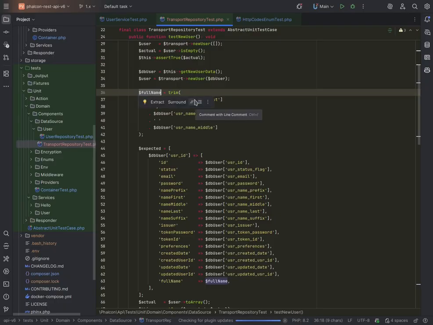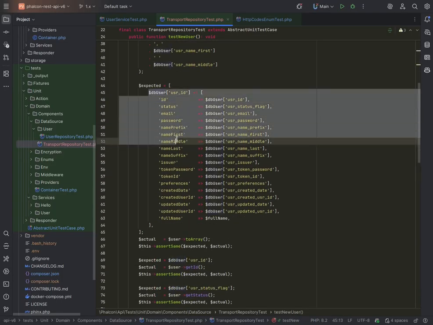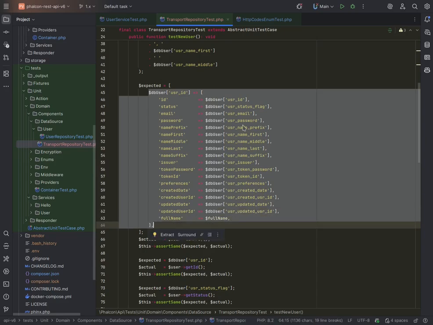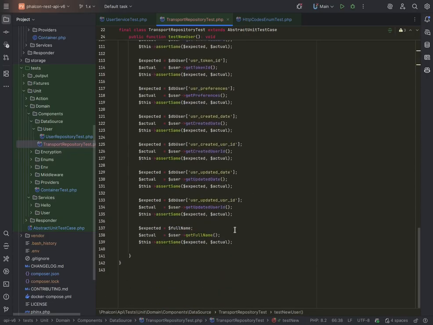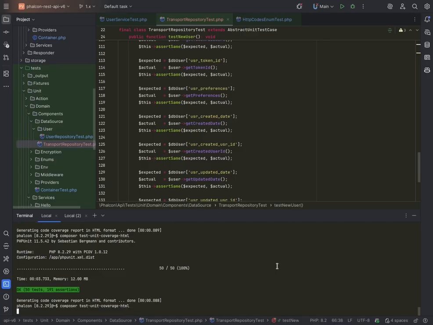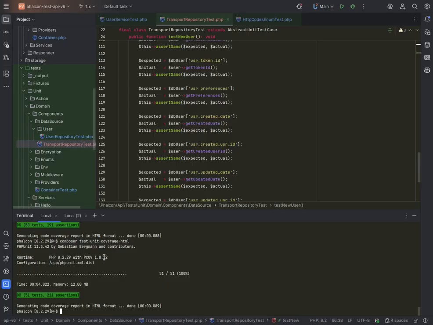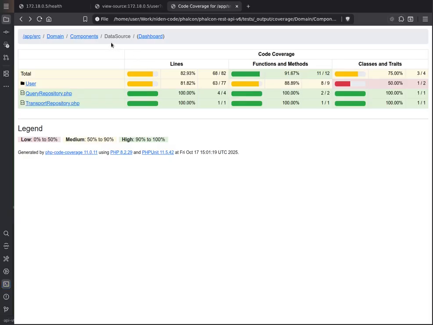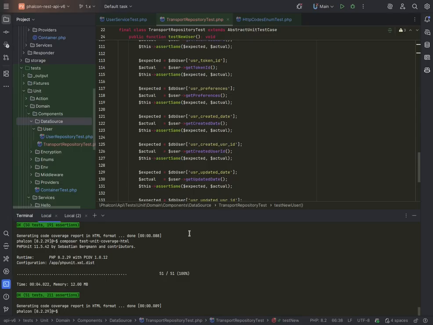This is a method that the transport repository has. So it's the name last, first, and middle. Then we have all these fields here, and this is the to array of it. And then after that, we're testing every single method there is, including the full name. Overkill, yes. Full coverage, yes, sure. But I'd rather be safe than sorry later on because I made a typo. So if I refresh this now, it's 100% everywhere. And yeah, great. Let's have a quick look at what the composer analyze